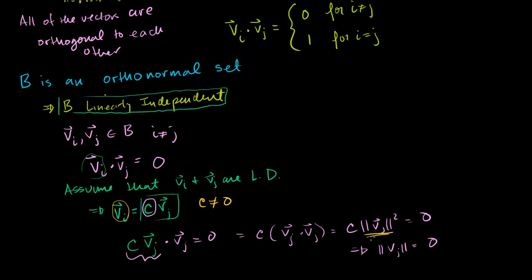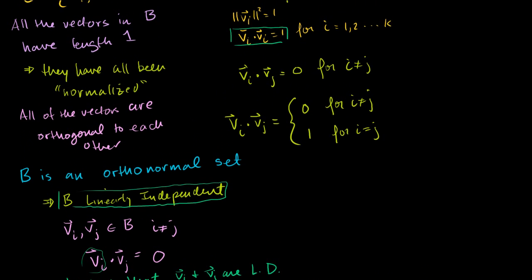And so we get that the length of vj is 0, which we know is false. The length of vj is 1. This is an orthonormal set. The length of all of the members of B are 1. So we reach a contradiction. This is our contradiction. Vj is not the 0 vector. It has length 1. Contradiction. So if you have a bunch of vectors that are orthogonal and they're non-zero, they have to be linearly independent,